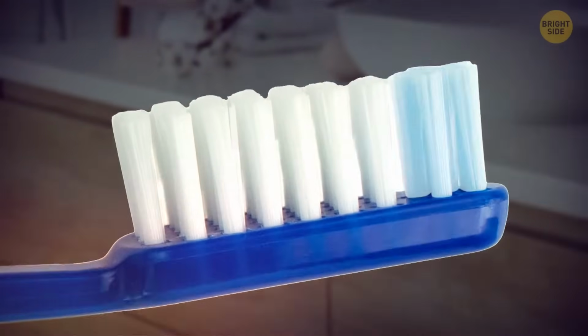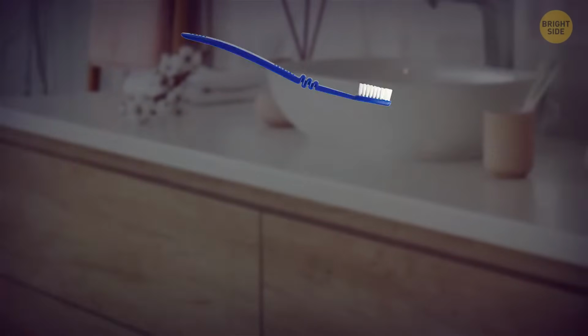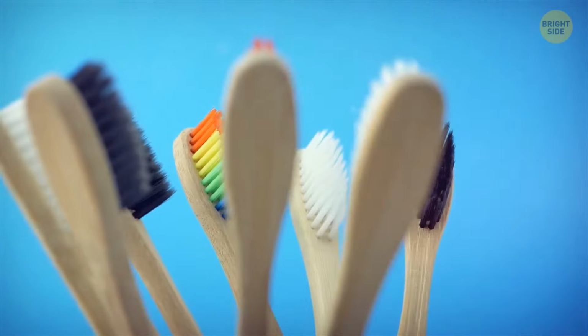The blue dye is meant to fade out, signaling the time when you need to replace your toothbrush. Dentists say that toothbrushes should be replaced every 3 to 4 months, but it does serve as a great reminder